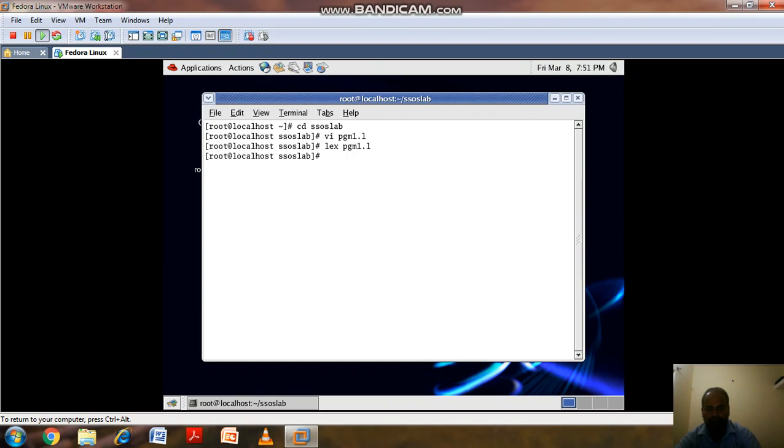Now it is compiled, no error. Next we can compile cc lex.yy.c. Again the C file is compiled, no problem. Then we can run a dot out.